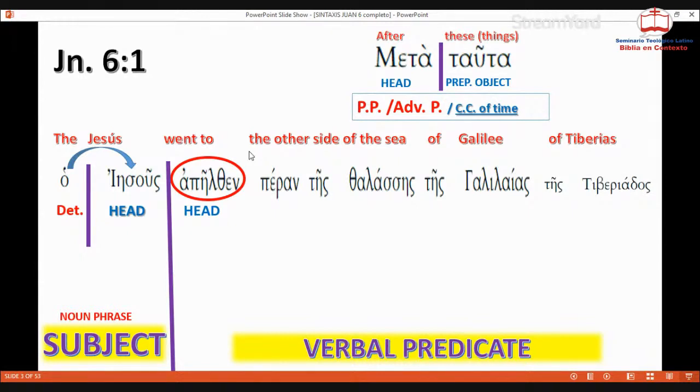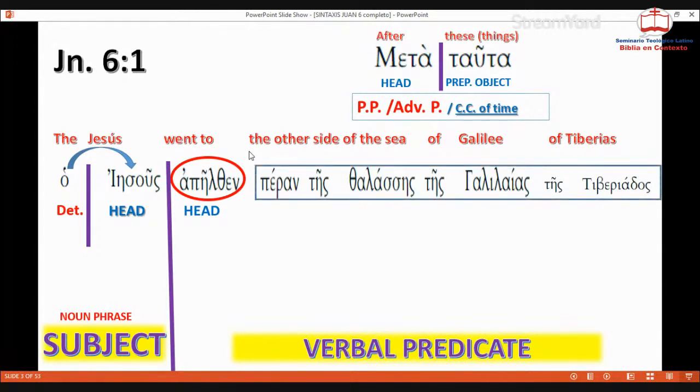All right, we don't have any other element to analyze in the subject area. We will move to the verbal predicate, and we have a lot to analyze here. We have a long phrase here that is introduced by a preposition. As you can see here, we have a preposition. So let me analyze here phrase by phrase, split it this way. Peran tis Galilaias, so peran tis thalassis. As we can see here,